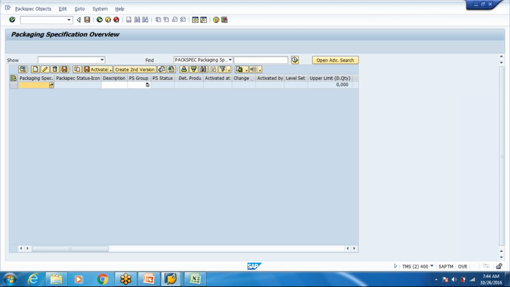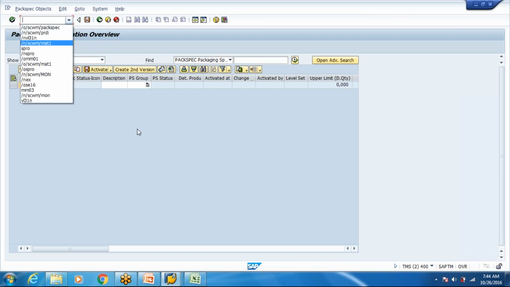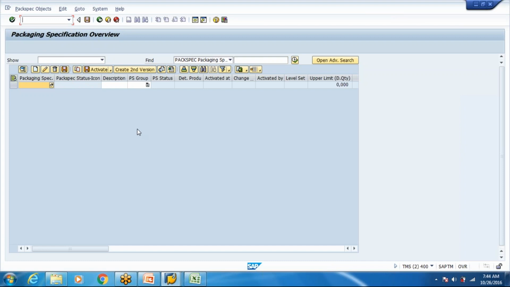In EWM, when you are creating pack specs, the transaction is /n SCWM SPEC, correct?